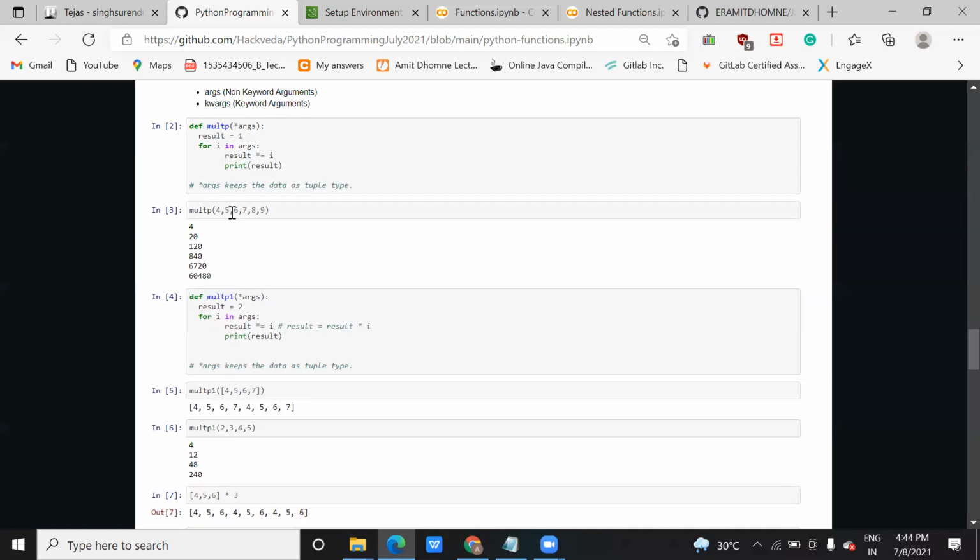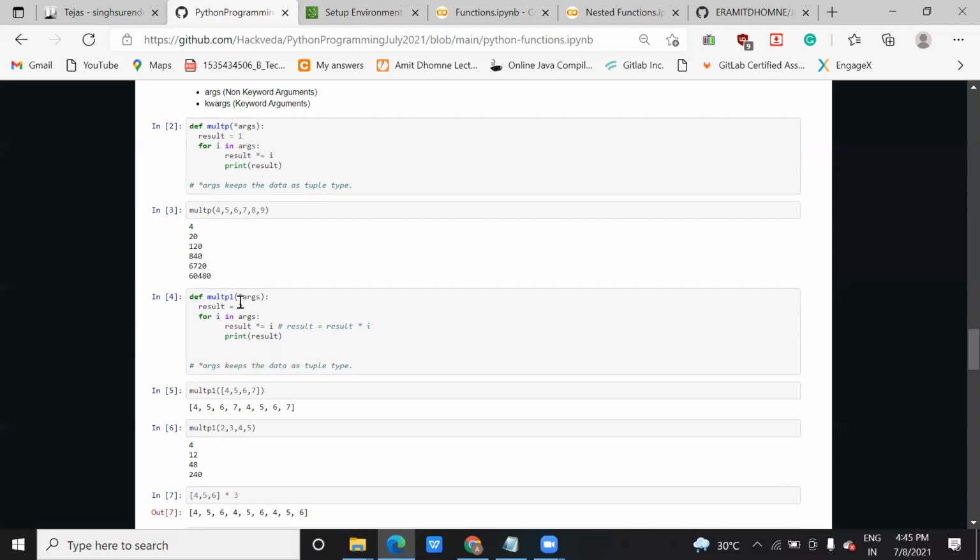It can act as a list, and one by one it can accept the values, but the whole value that you pass will not be passed as a list or tuple.